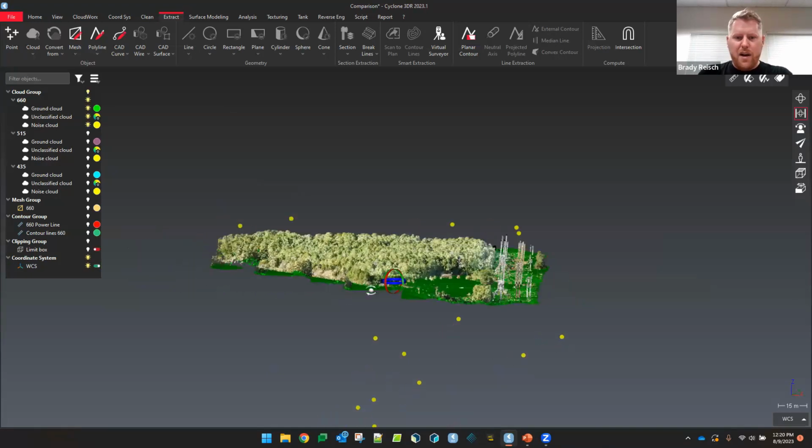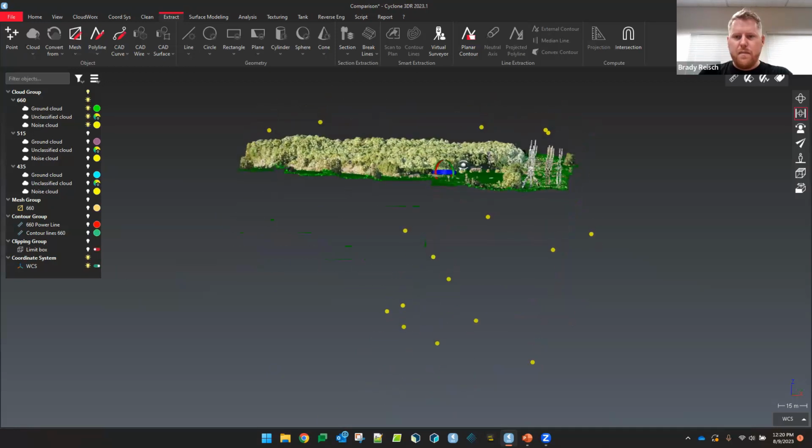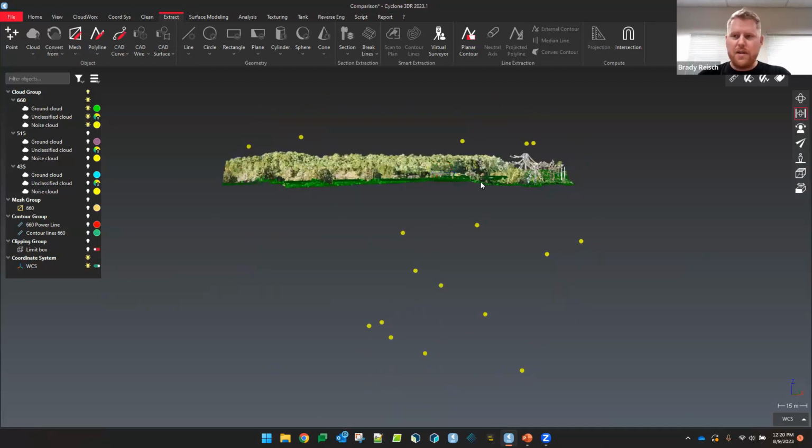So we have some high and some low. What I'd like to say here is there's a reason why sometimes they're higher and sometimes they're lower. When we hit things like standing water, trees, windshields, any reflective surface, it scatters. So maybe it scatters and hits something else that's reflective and then shoots down below our point cloud. So there are reasons why you see it up and below, but the point is we have very little